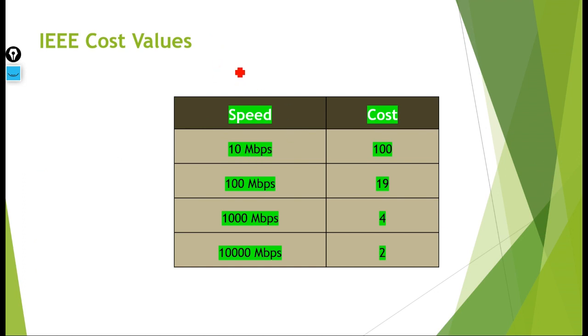See this, here is the cost, the IEEE revised cost, in which you can see if you have 10 Mbps of speed, the cost will be 100 for the link. If you have a 100 Mbps link, the cost will be 19. If 1000 Mbps, the cost will be 4. Like this, the cost is there. Okay,